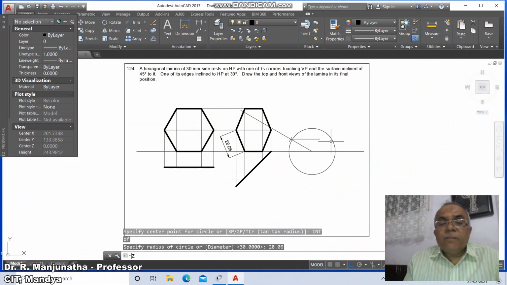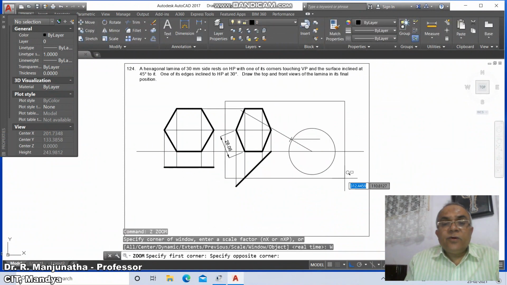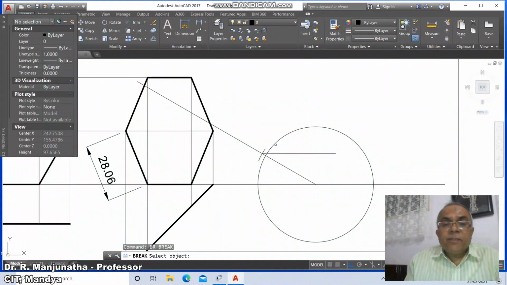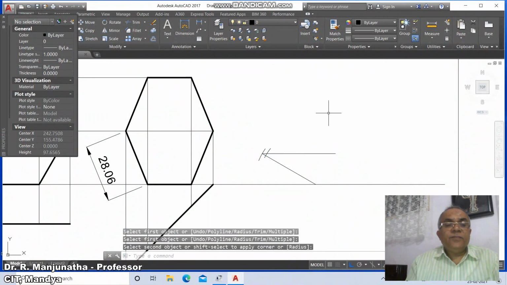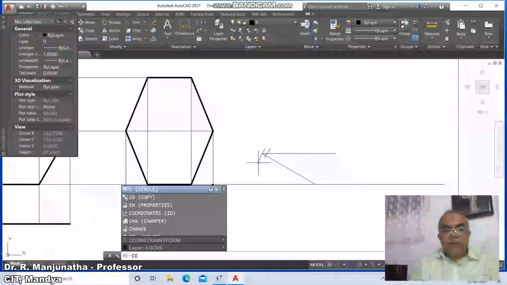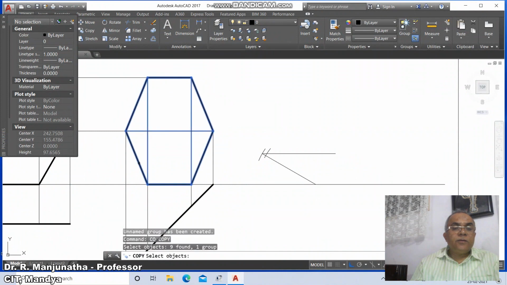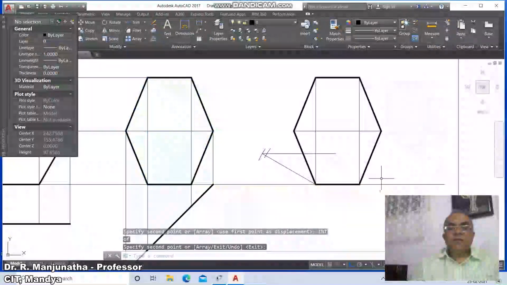And then go to zoom window, then go to break the circle in the counterclockwise direction and from here also the counterclockwise direction. Then go to fillet between these two lines. Now we need to copy, select this, take intersection point of this and take intersection point of this, and copy this,